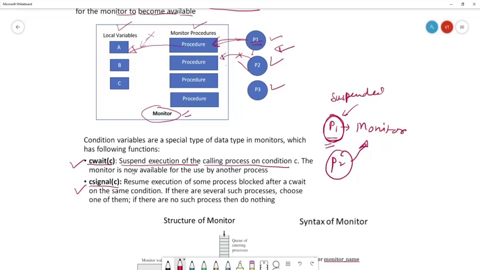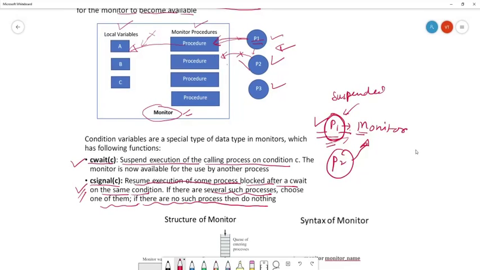What is c signal? It resumes execution of some process blocked after a c wait on the same condition. Whenever P1 finishes its job and the I/O operation is over, P1 should be able to come back to the monitor and start executing at the point where it left off.